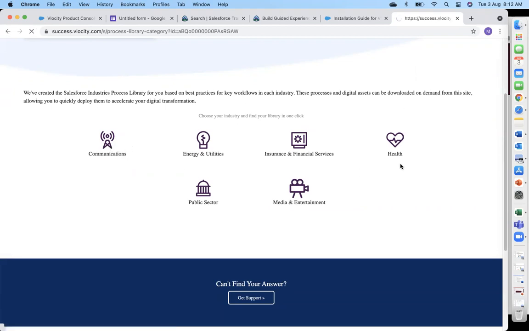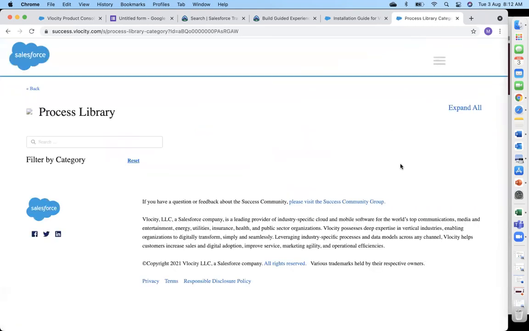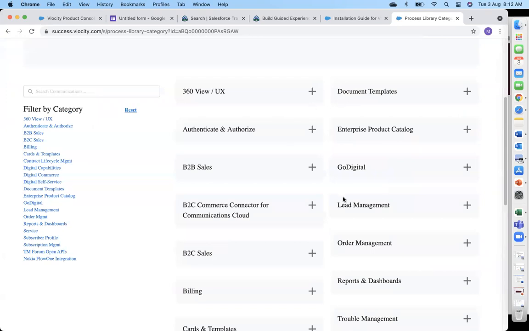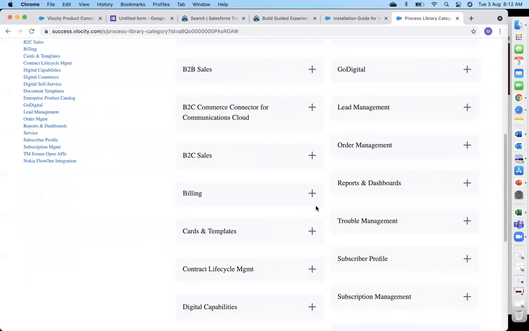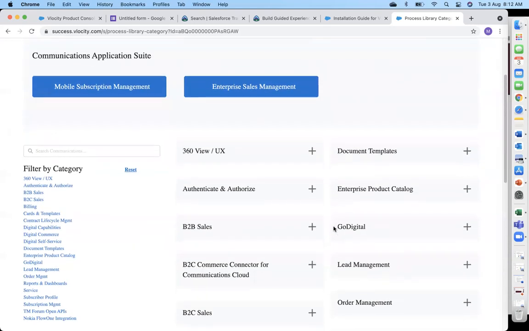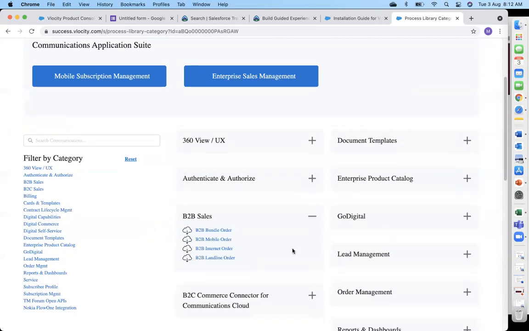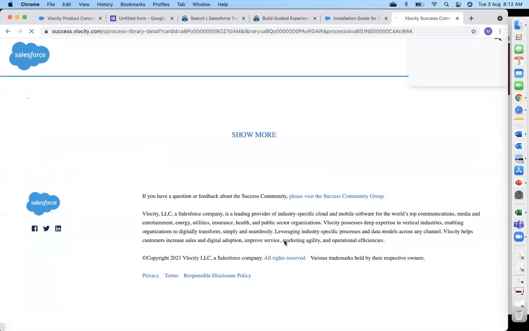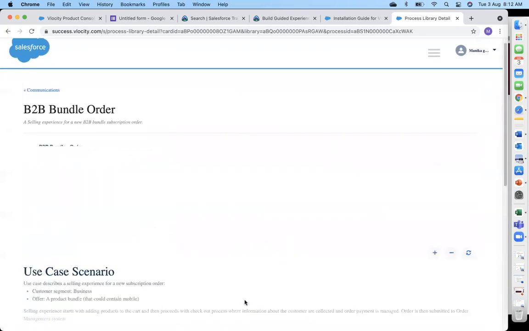So for example, if I go to communications, these are the different functional areas in which your VPLs are available, right? If I open up one of those, for a B2B bundle offer, this would be a sample VPL which will be available. And if I click on this,